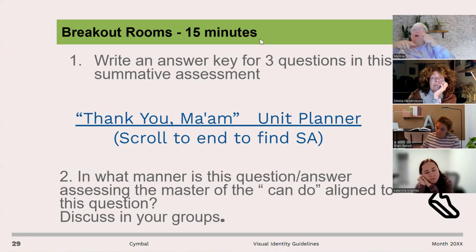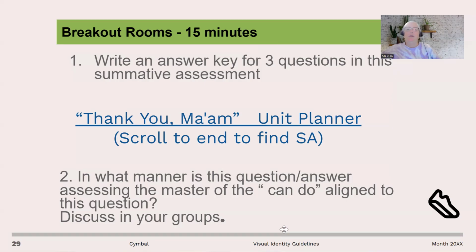And how did they structure the question to trick the students into showing their mastery of that can do in the answer that they're giving? I'd like you to discuss this in your groups. Take a picture of this screen so you have all of this information with you. And I am going to divide you up into breakout rooms.